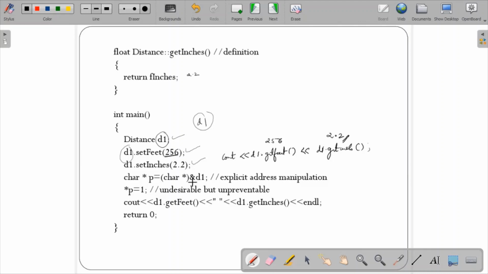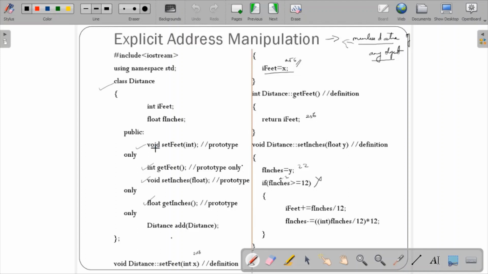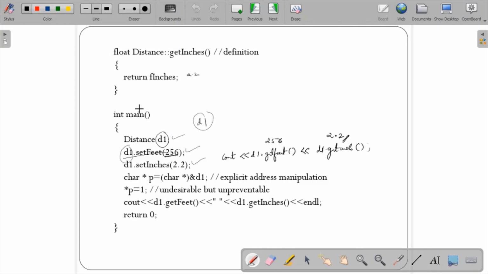So what I'm doing is, it is of integer type, so an integer will actually occupy 2 bytes. Agree? Let me take this particular example for setfeet. setfeet is a function with the return type of void, but within that ifeet is your data member, which is of type int. So setfeet will use the ifeet. ifeet is of integer type, so integer will actually occupy 2 bytes.